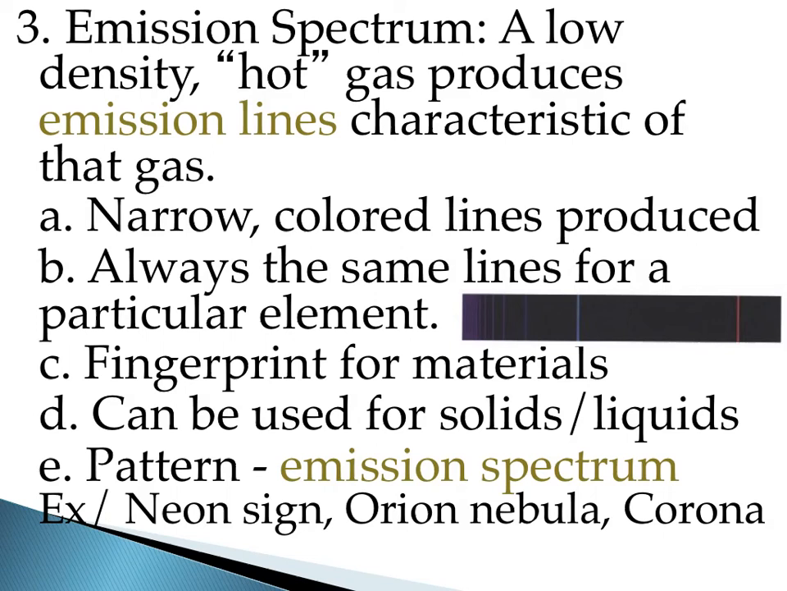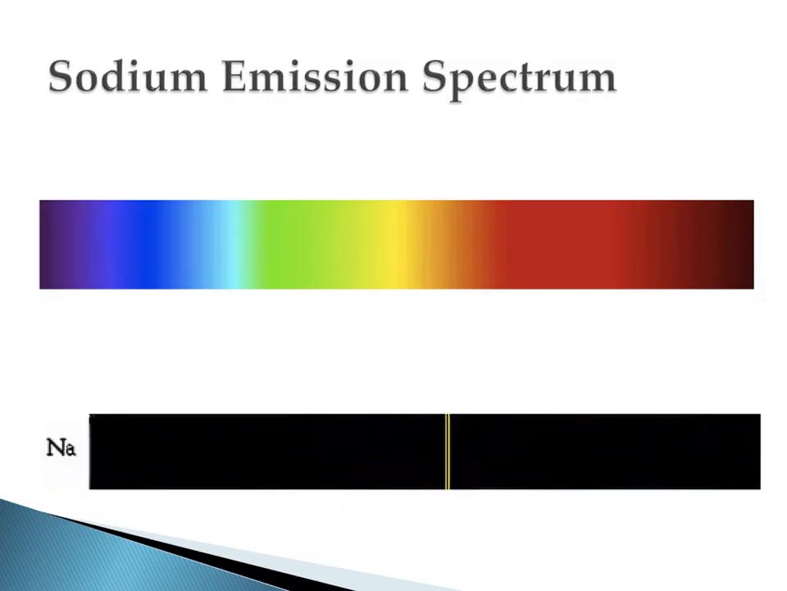The sun's corona is another example. Only during a total eclipse will the sun produce an emission spectrum, when all you're seeing is that hot gas surrounding the sun, the corona. Here's an example of